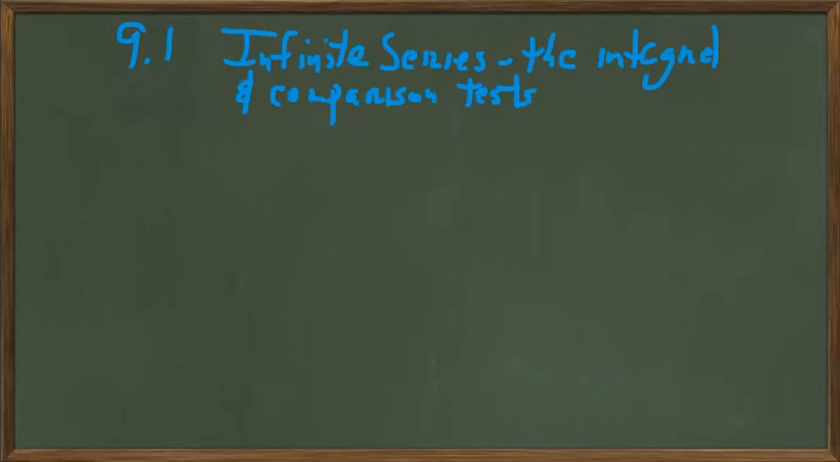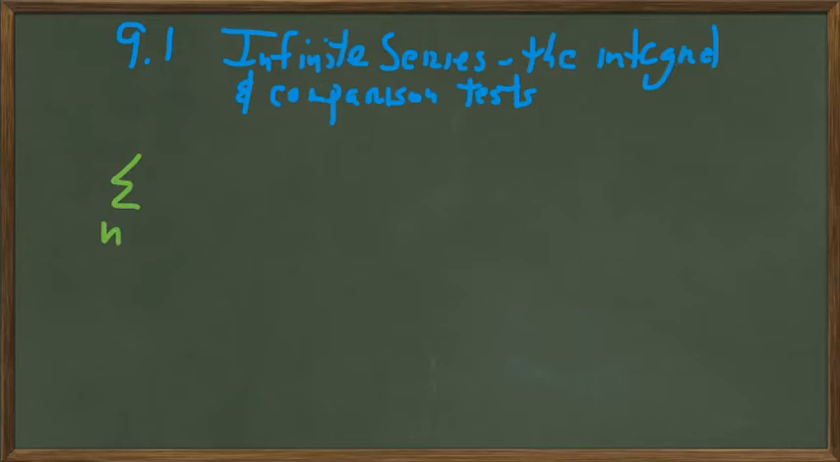In this first video for Chapter 9, we're going to define what an infinite series is and then see how we determine whether these infinite series have sums that are finite or infinite, which we call converging or diverging. So first, let's define an infinite series